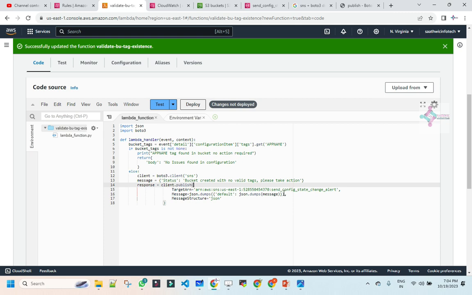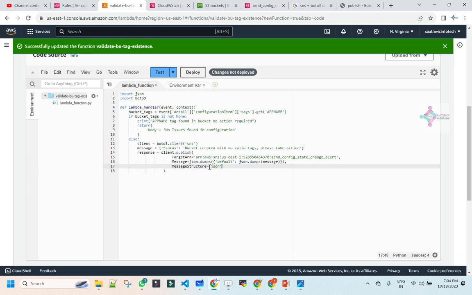I am saying dump this message again. Even though I create it as a JSON, I am just dumping it as a string here, and I am forming it as another JSON internally. Then I am saying the message structure is JSON. So if I deploy this code,